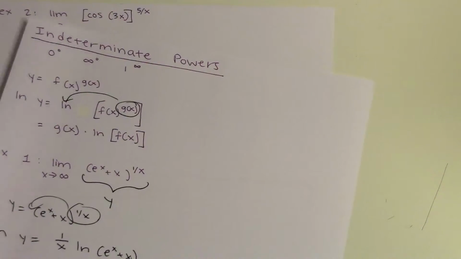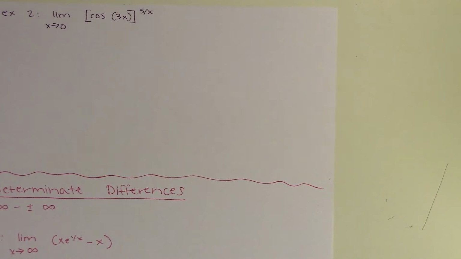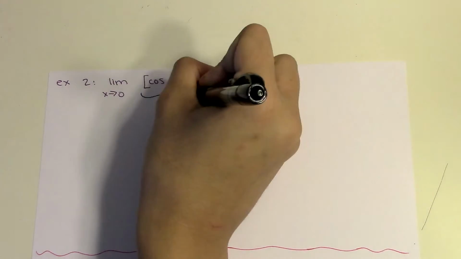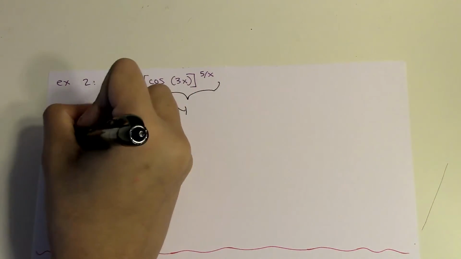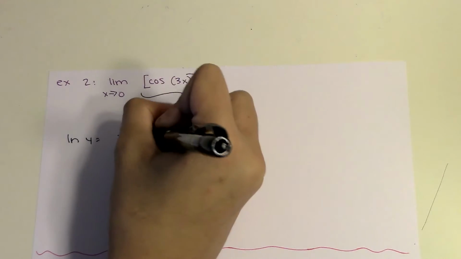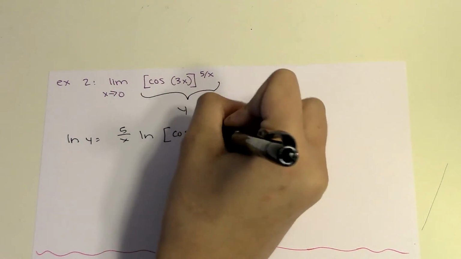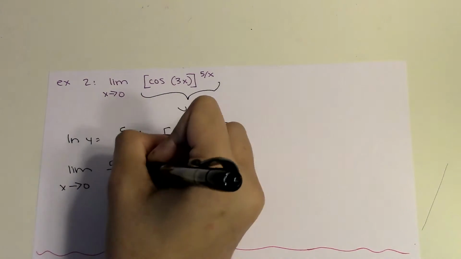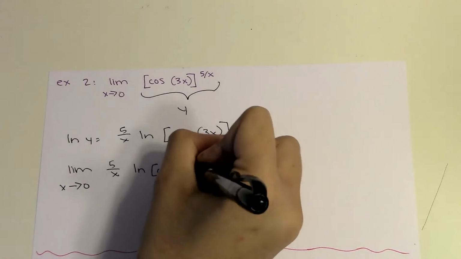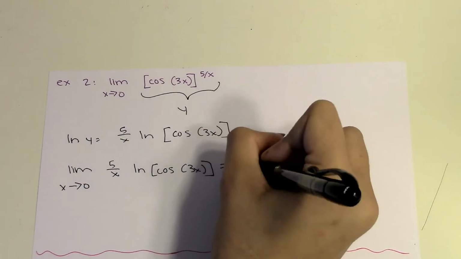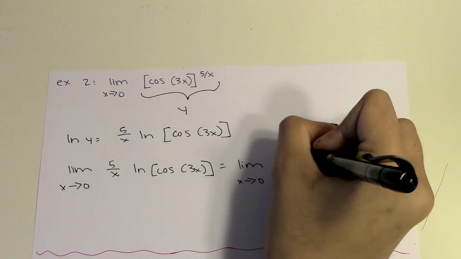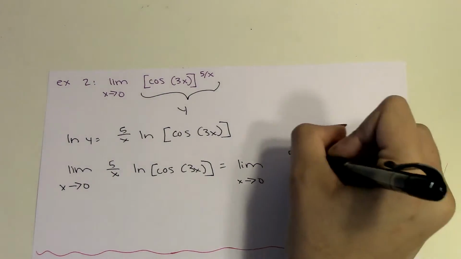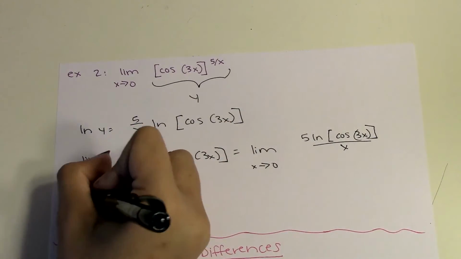Let's do one more example with powers. So limit as x goes to 0 of cosine 3x to the 5 over x. So this is all 1. Natural log of y is equal to 5 over x ln cosine of 3x. Now we find the limit as x goes to 0 of 5 over x ln cosine 3x, which is equal to the limit as x goes to 0 of 5 ln cosine 3x over x. So now we apply L'Hopital's